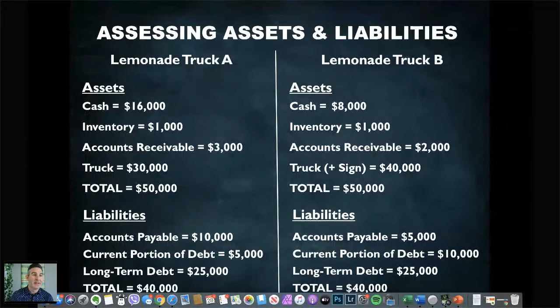So Uday was asking, if lemons are perishables, are they assets or liabilities? They are assets. You may have a waste cost that is just a normal operating expense, but the lemons themselves are assets because they're part of the product that you will sell. Okay, so Devin is saying truck A has more cash and receivables, and I don't think that lemon sign will make more money. So that's a good point.